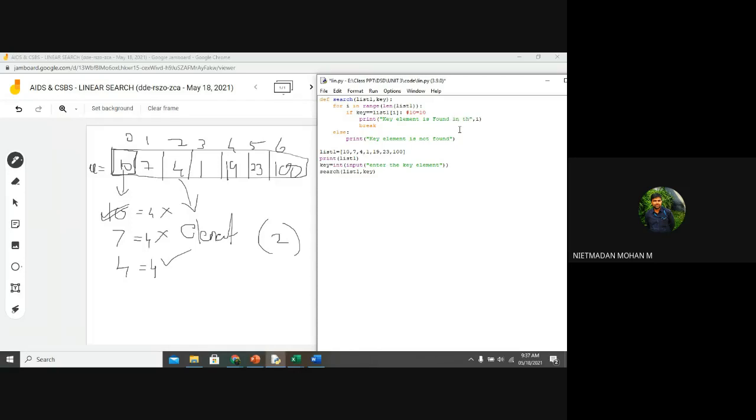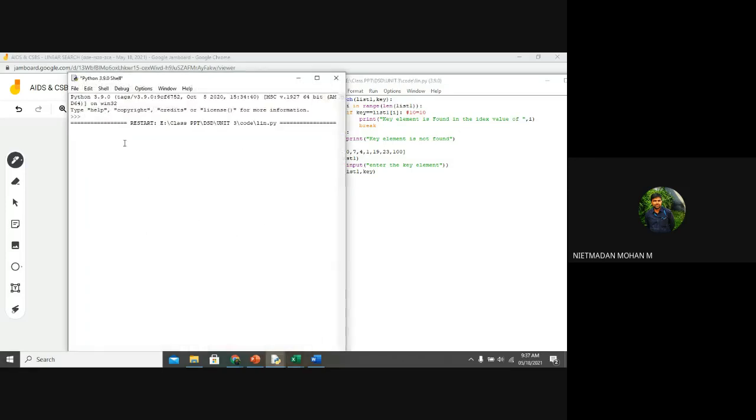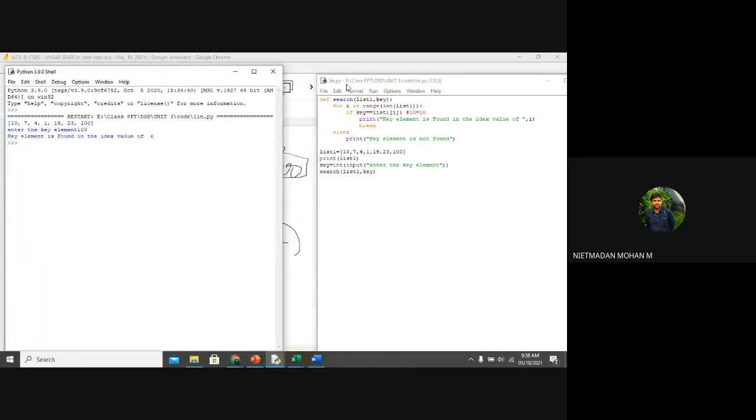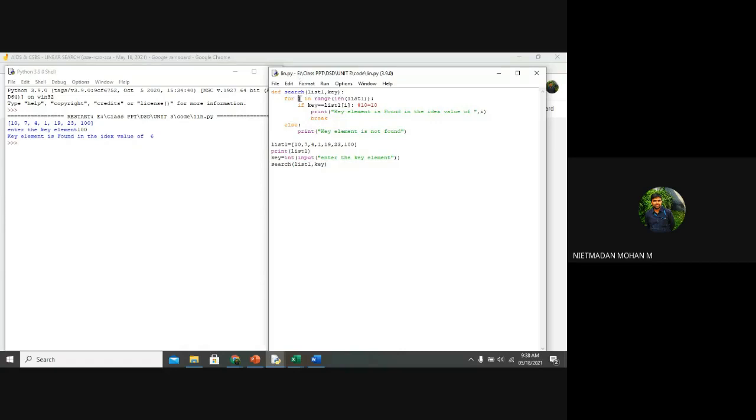If I am searching for 100 in the list, you can see the key element is found at index value 6. Have you understood how that happened? So the i represents your index value. You can call i in the print statement and it will display the index value.